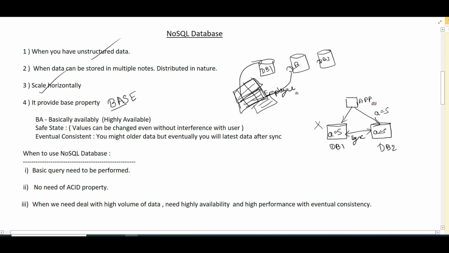Even if one server goes down, the data can be retrieved from another server. And the second point in BASE is the S, which stands for soft state. It means the value can be changed even without user interaction, but the value will be in a safe state. What I mean here is, suppose there are two DBs in sync,